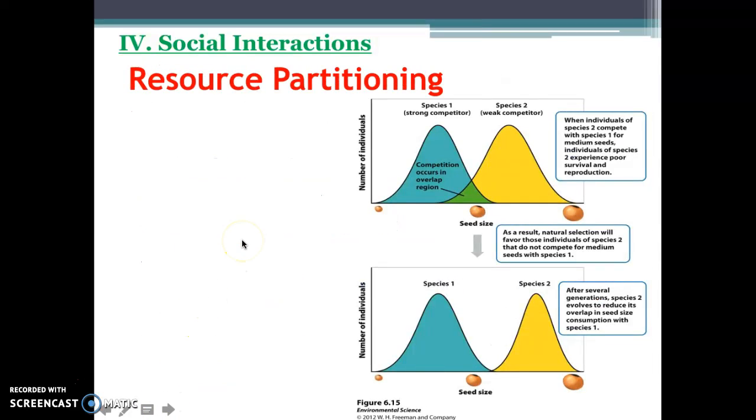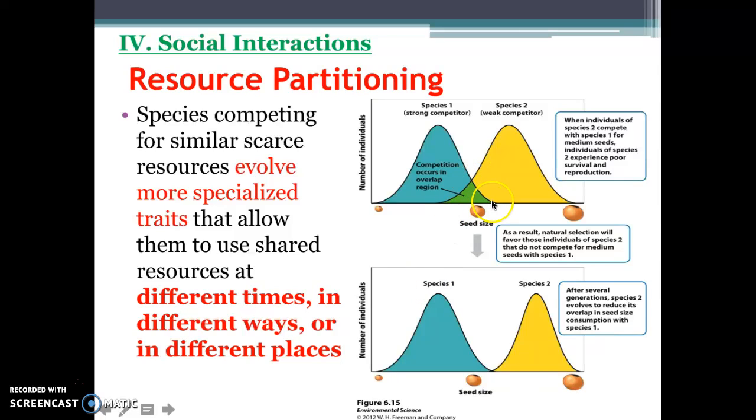There's something called resource partitioning. And if you look, here's species one, here's species two, and there is a little bit of overlap. On the bottom, it says seed size. So here's the big seeds, here's the little seeds, and there's a little bit of overlap for the medium seeds, and they're competing right here. And just competition leads to bad stuff. It's not in species' best interest to be killing each other and dying off. So what's going to happen over time is resource partitioning,